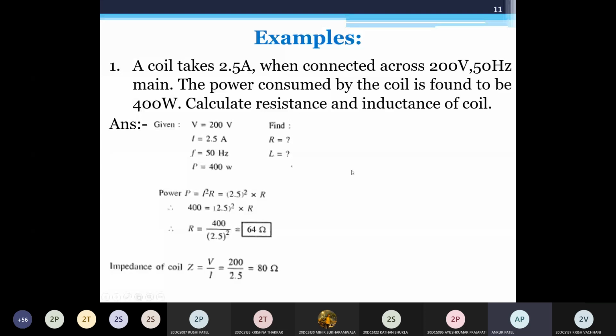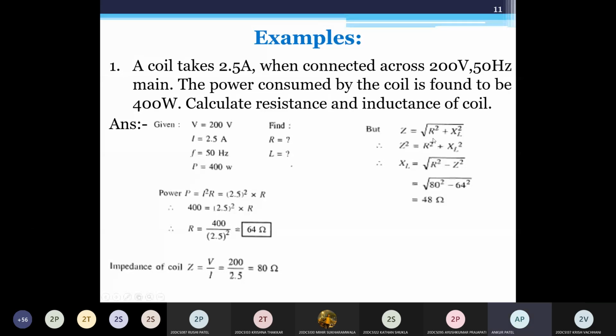Now for finding the inductance, first we need to find XL, that is your inductive reactance. So we know the relation Z is equal to under root of R square plus XL square. So we have Z, we have R. So find out XL, and from the XL find out the inductance. So XL is equal to omega L, so L is equal to XL upon omega. So here the relation is given for Z, and we know this Z and R. So XL we can write as XL equal to under root of Z square minus R square. Can you write this by this relation?